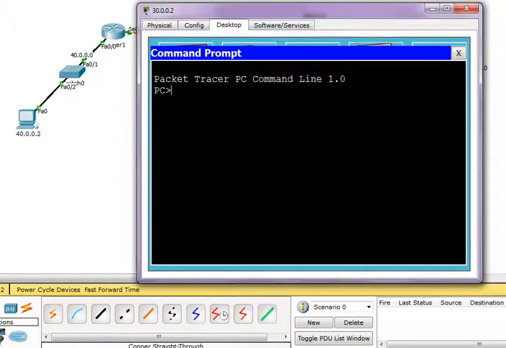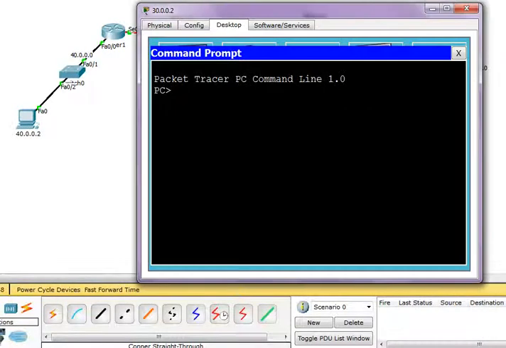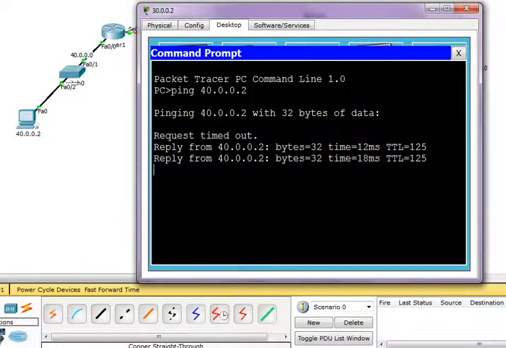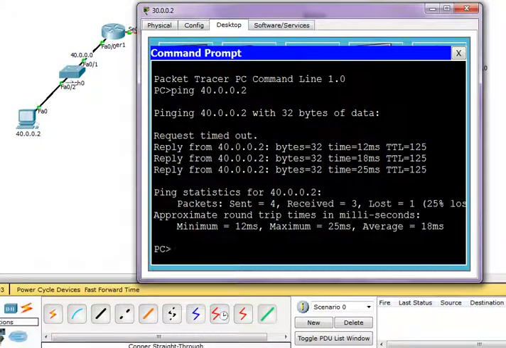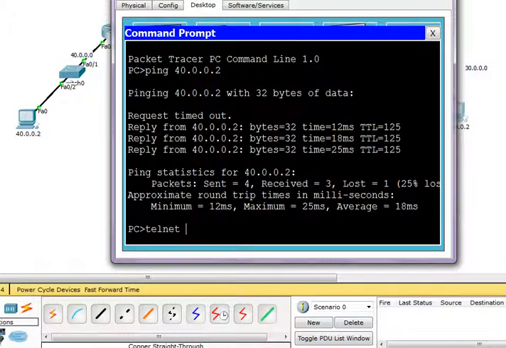So let's go ahead and access telnet from this router. Before that, I want you to ping the 40.0.0.2 network, so let me do that first. Ping 40.0.0.2. It's going to take time. The first packet will be lost. Yes, now the other packets are successful. Why was the first packet lost? Because ARP requested, searching for the MAC address. So how do we take a telnet? The IP address can be 30.0.0.1 or 20.0.0.2, anything.